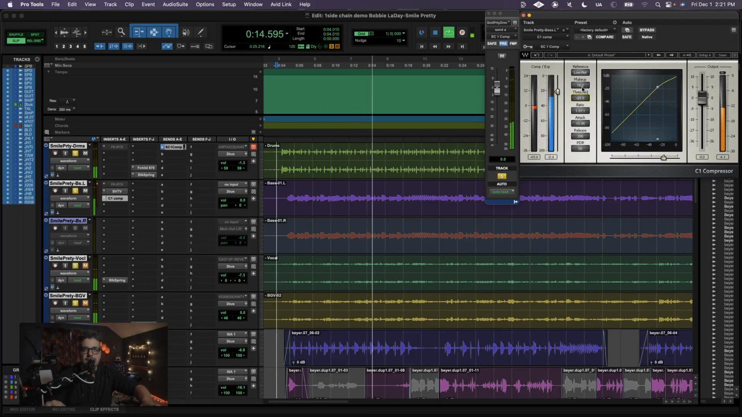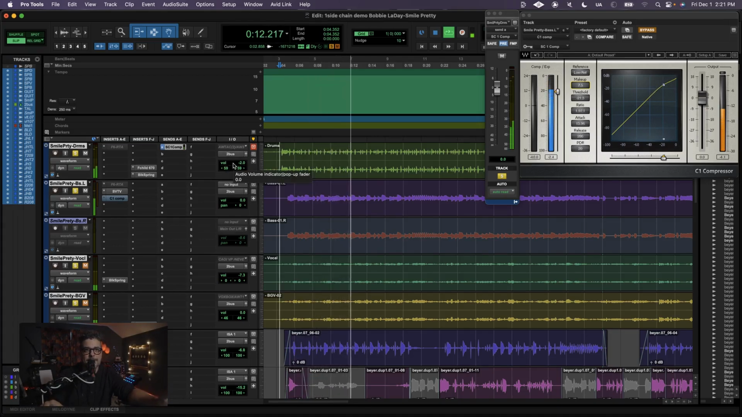All right, let's try to match the gain a little bit. So we'll bypass. Let's go back to the beginning. So that's just the bass with the drums. Maybe we'll lower the drums a little bit. And then if I put the compressor on,